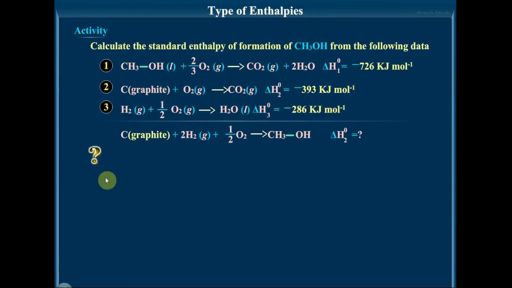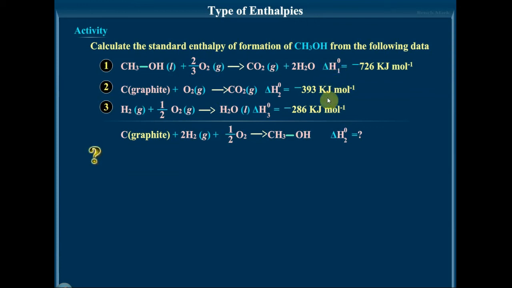Before starting, you can find here that in the major reaction, you have to add, subtract or multiply by any number you like in order to get this equation. Simple algebra actually. So what should you do to these 3 equations in order to get this equation? That is what you have to think first. And whatever change you are making in this equation, the same changes have to be done for the values also. So this is what you have to keep in mind before starting.